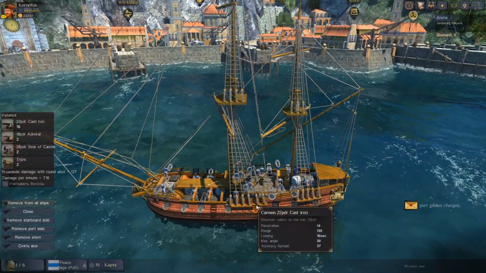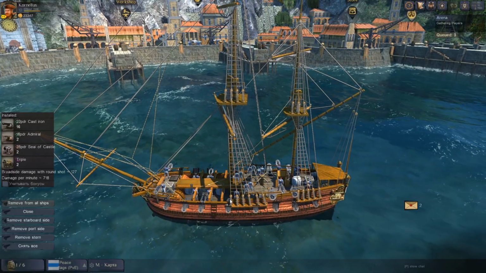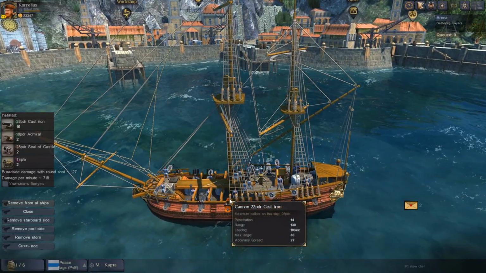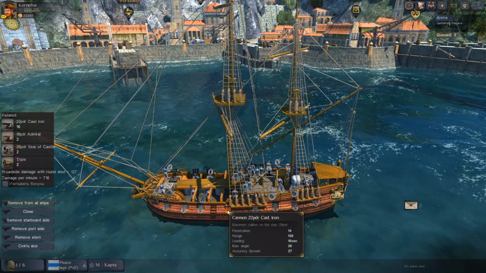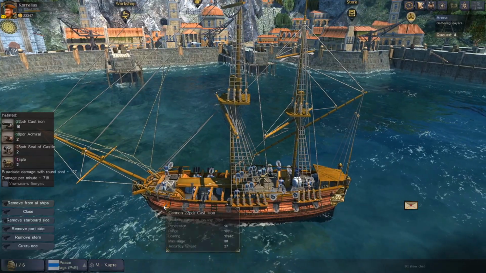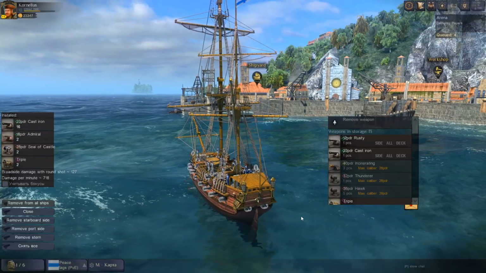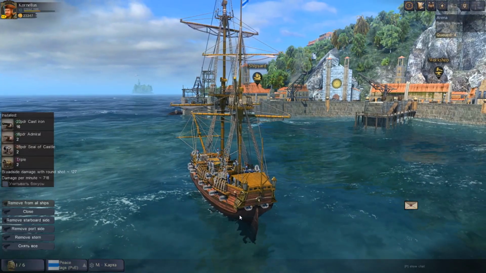Now, in other games you generally assign to a deck or a side or a specific facing. Here you can assign each specific gun, except for your swivel guns as far as I know, up to a maximum of whatever the ship can hold. So we've got stern guns. Now it also gets a bit more